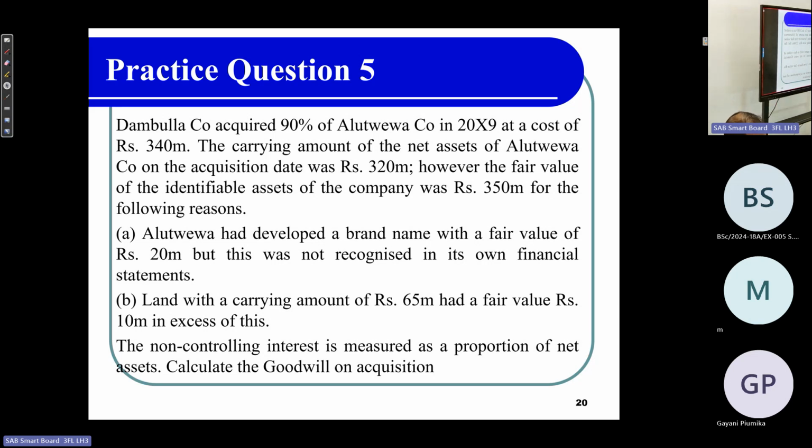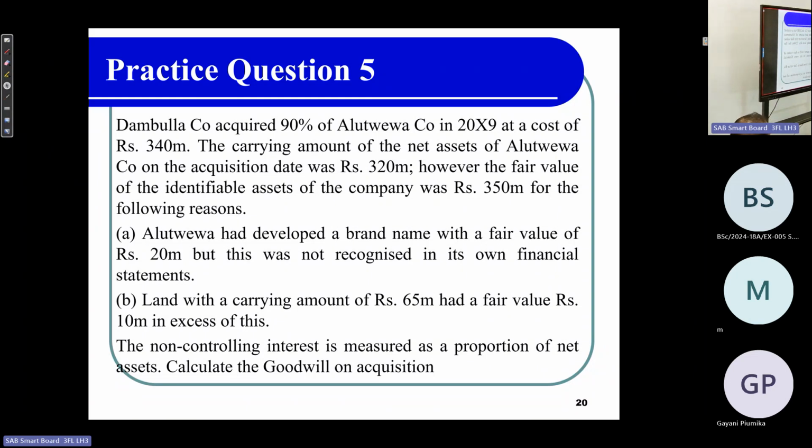Hadar ke mo. Sudah table tu. Sudah table. Dambul